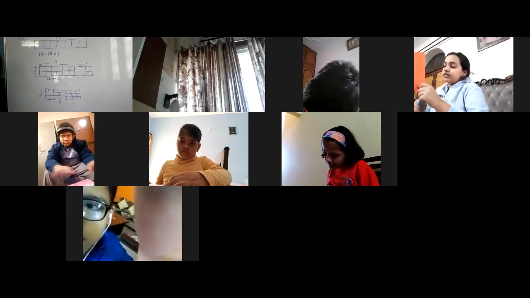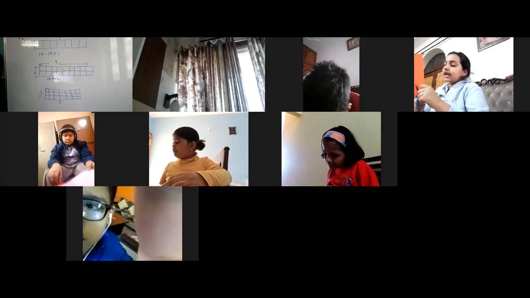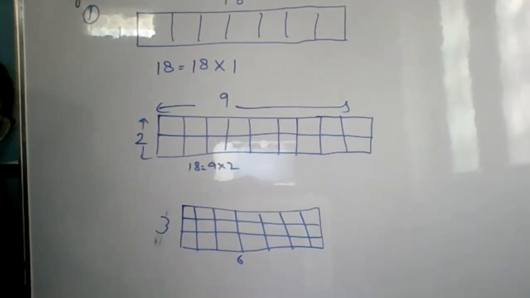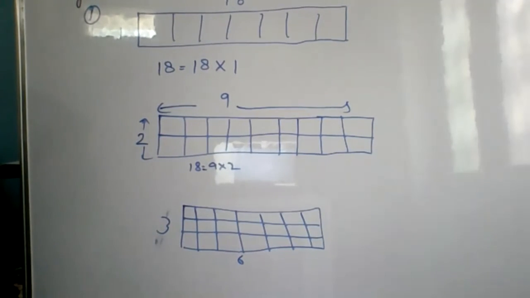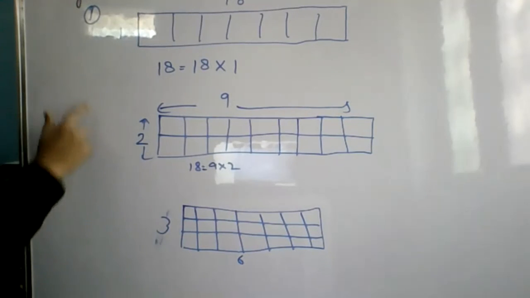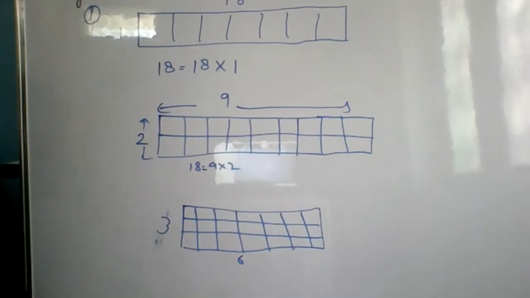Wait a minute, let me show you. Make these 3 types of boxes and stick them on a plain sheet of paper. These 3 different boxes, you make them, cut them out and stick them on different paper. These 3 should be of different colors.